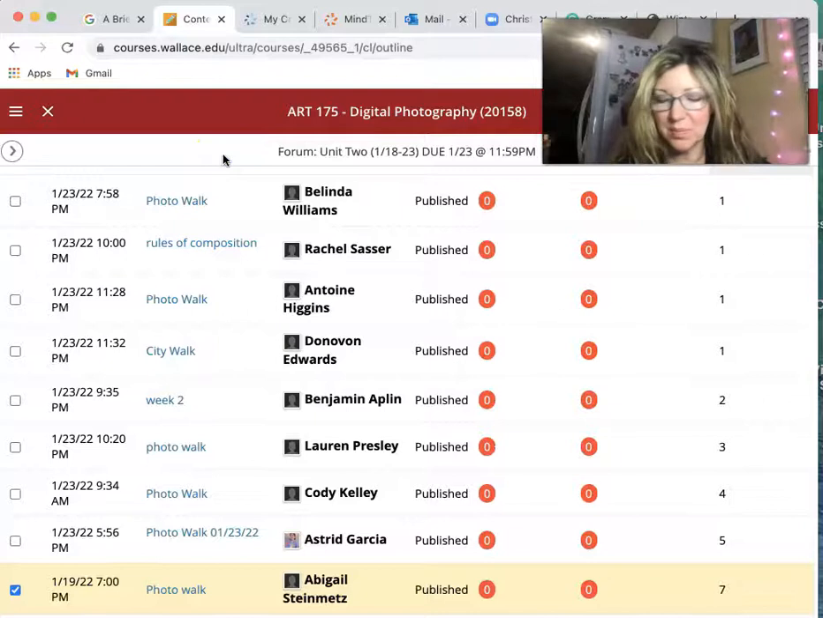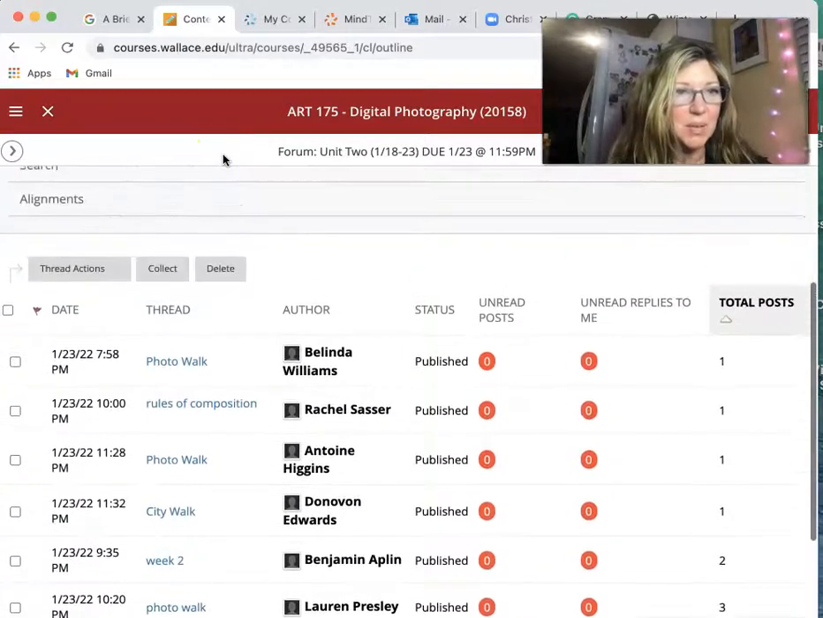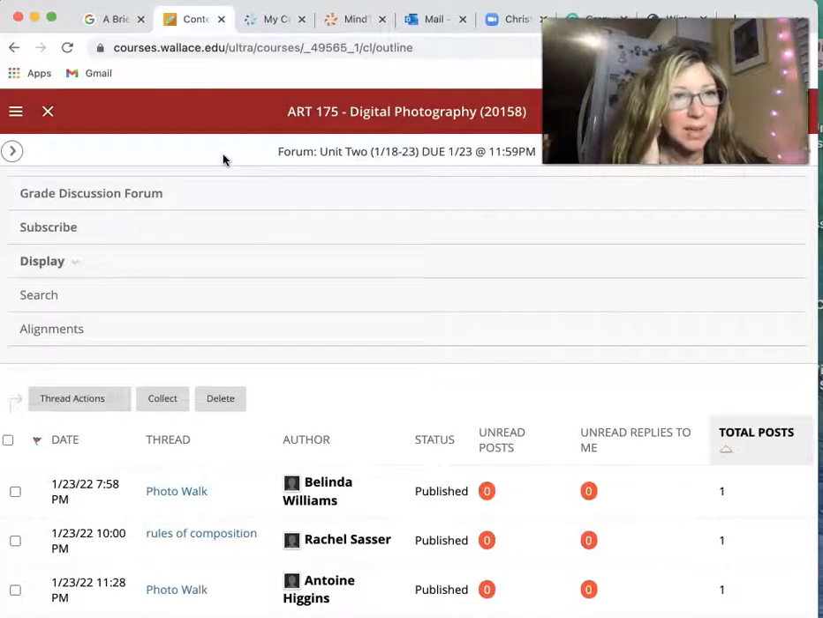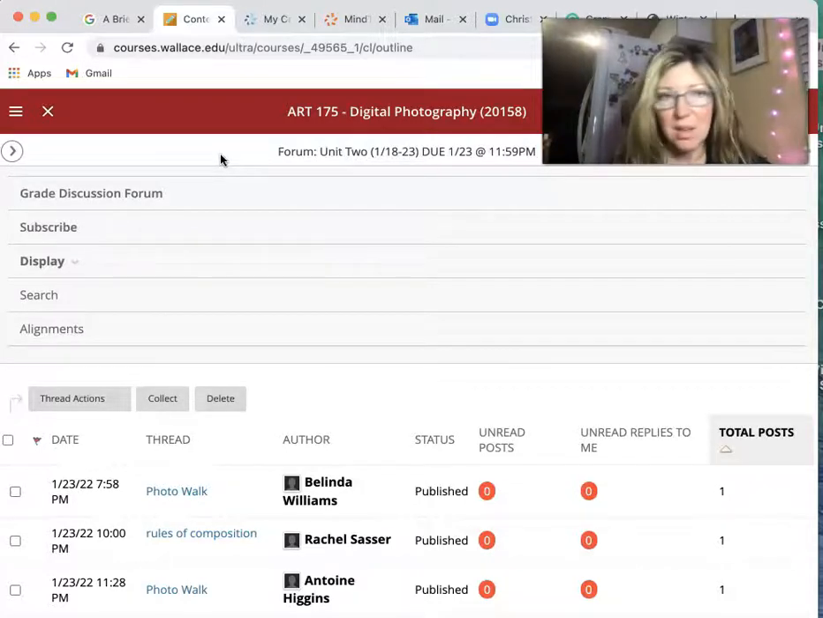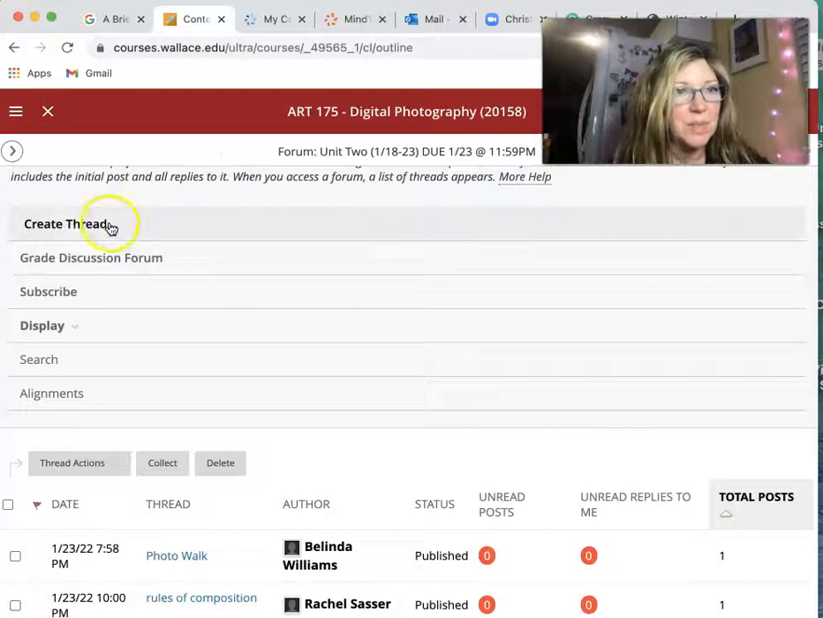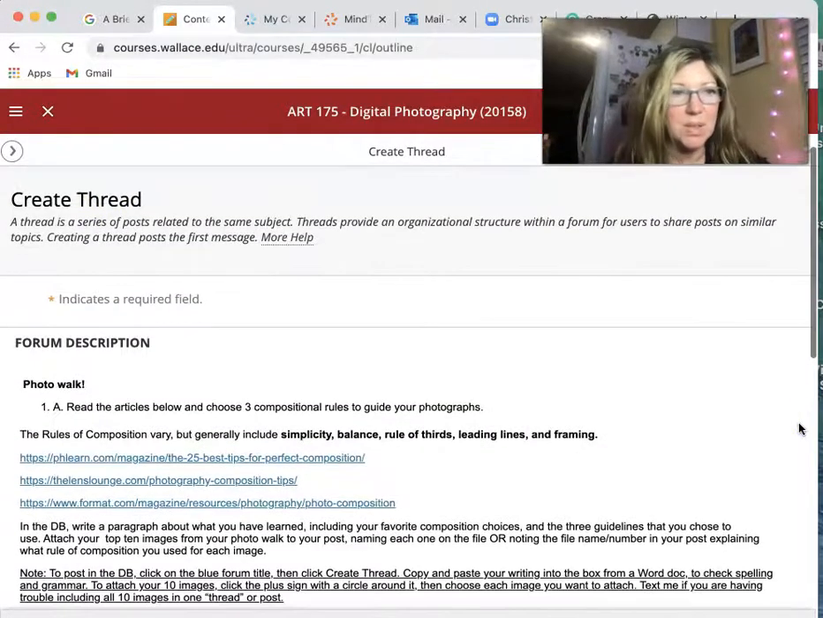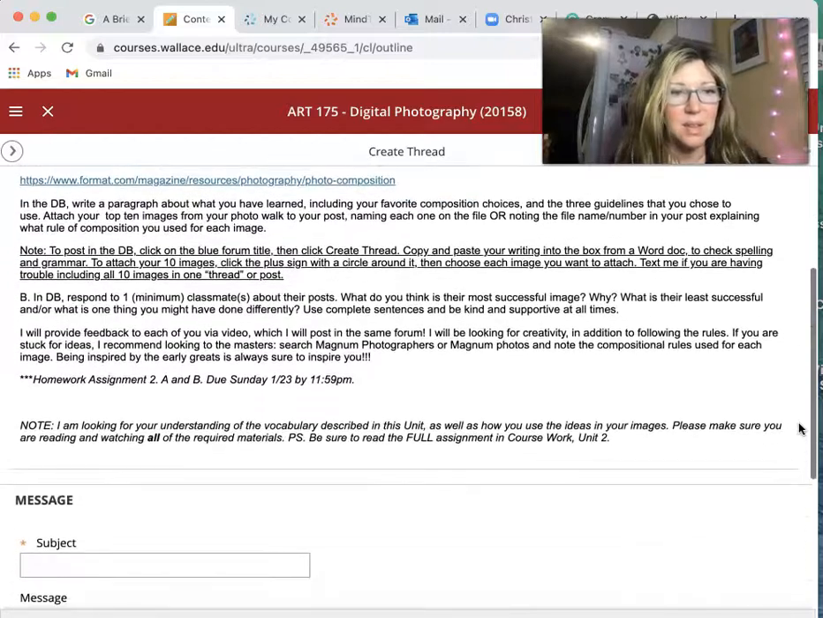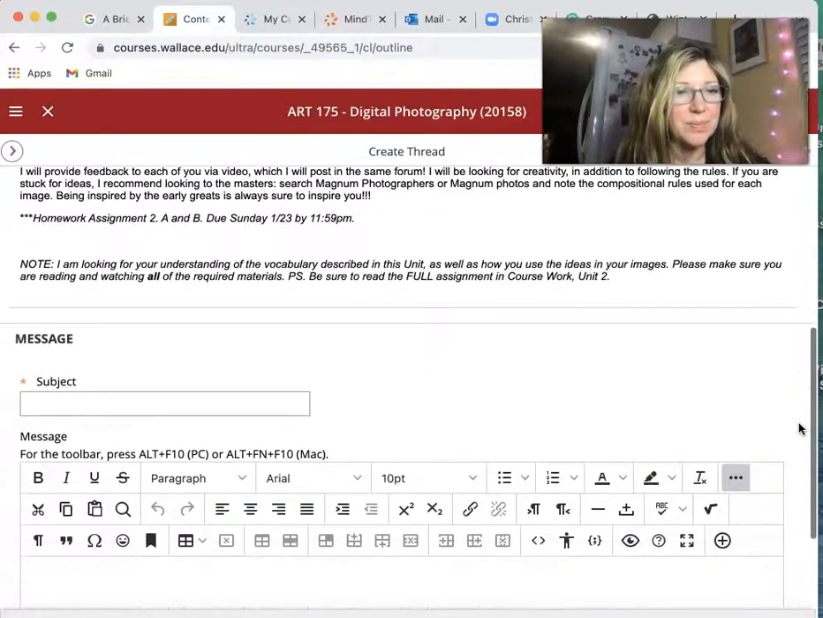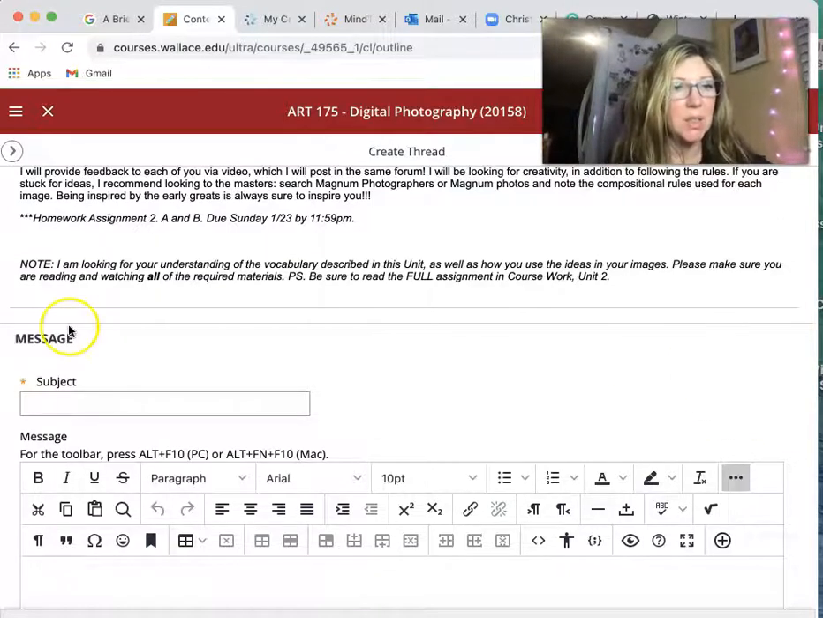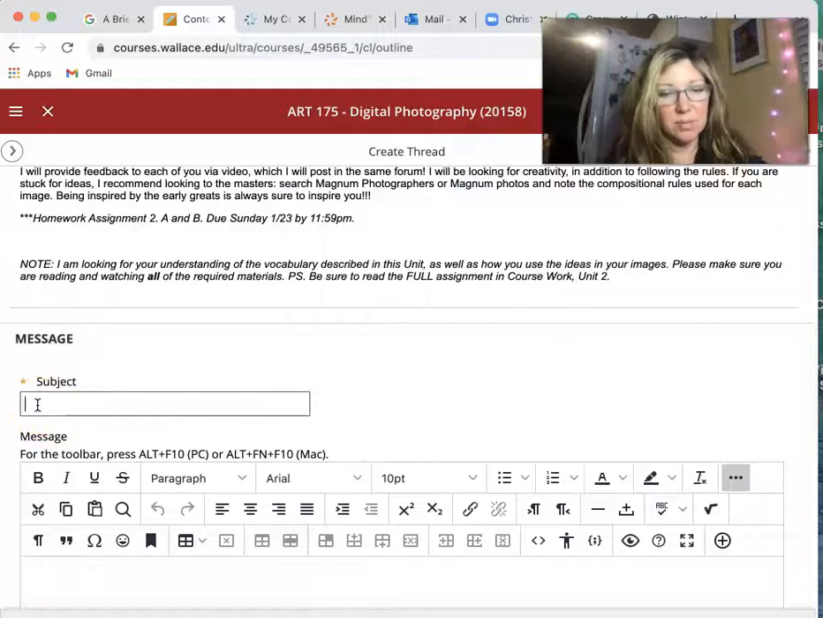So let me put myself out of the way, and first of all, I wanted to show you something about creating a thread, because I think Sid had a question right away about sizing your images. So I will tell you that when you have a vertical image, portrait mode, you're going to get,